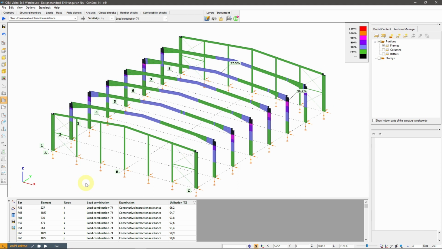We now have a 96% utilization at the columns, where we had over 100% previously, and we also have 77% at the middle part of the rafters, where we had 88% before.